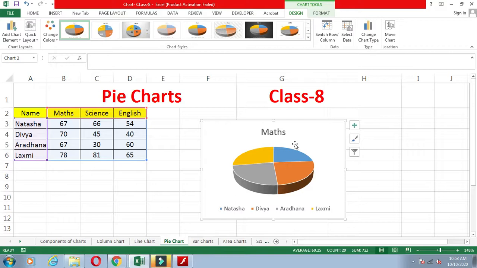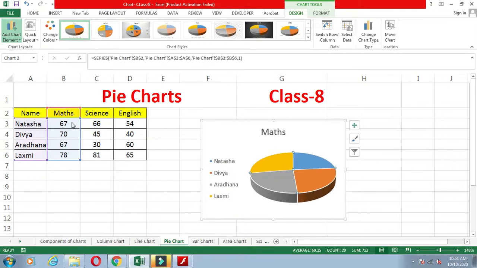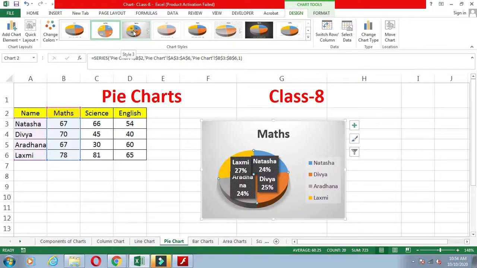The same way, you can apply the legend on the right side, top side, left side. You can select the different styles. If you want to select the percentage, you can also add the percentage here by selecting. In this way you can apply the different charts. If you want to change the series, you can change the series.